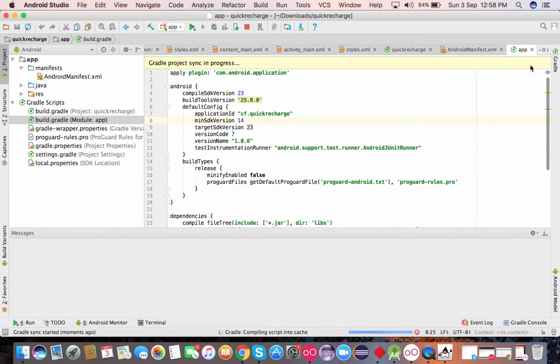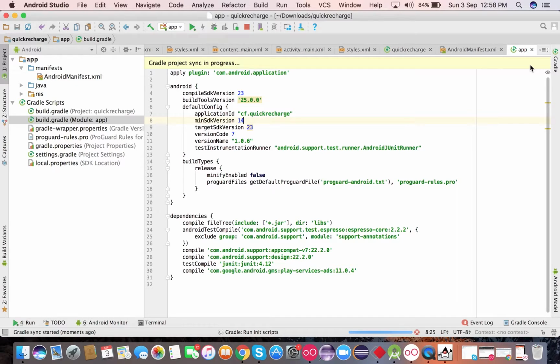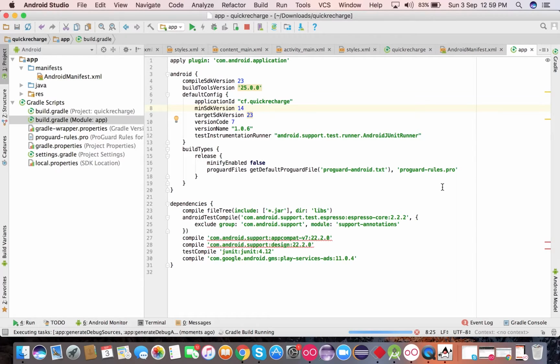Let's sync it again. Hope it works this time without any errors.